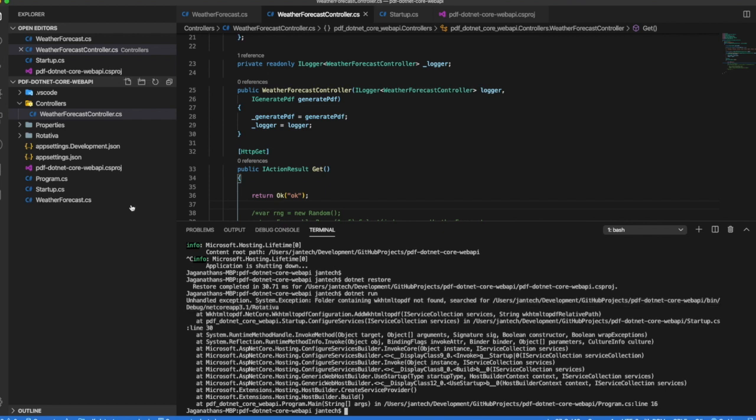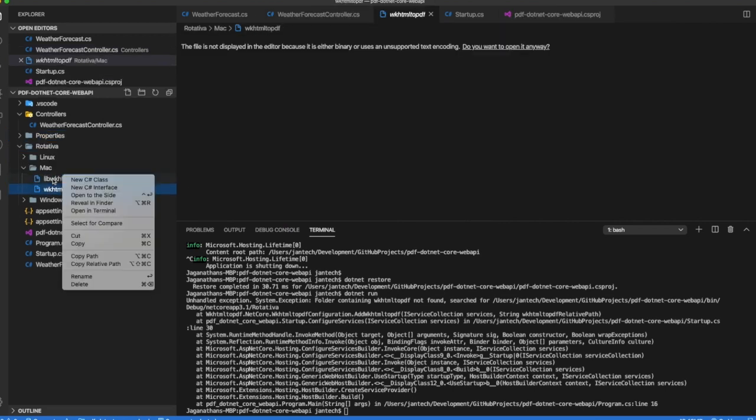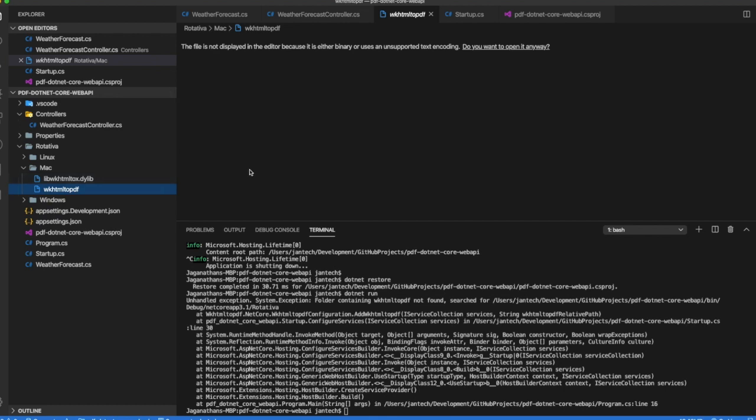So for this, what we have to do is map these files to be there in the debug folder. To move this one, we have an option in Visual Studio. So for this I just open this